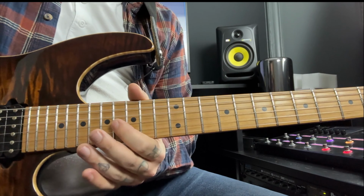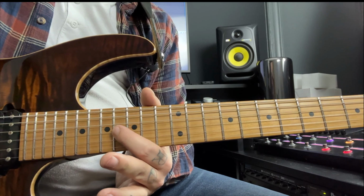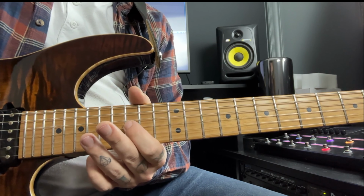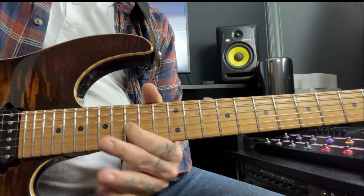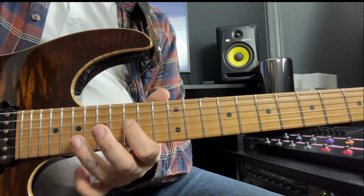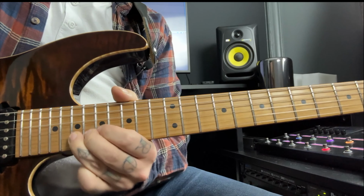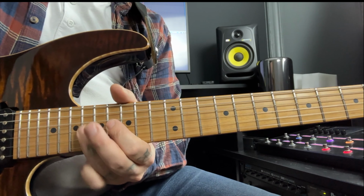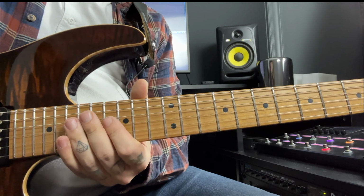Okay, so we play the 16 on the G again and immediately hammer it onto the 18. Then we pick the 16. Then we play 16, hammered to 18, pulled off to 16, slid down to 15, all as one movement. Then we play the 19 on the B string, then the 15 on the G, and then the 19 bent up to the 21 and then released back down to the 19. So in context, that becomes... and at speed...